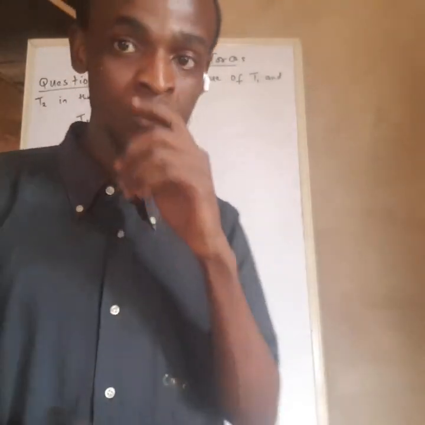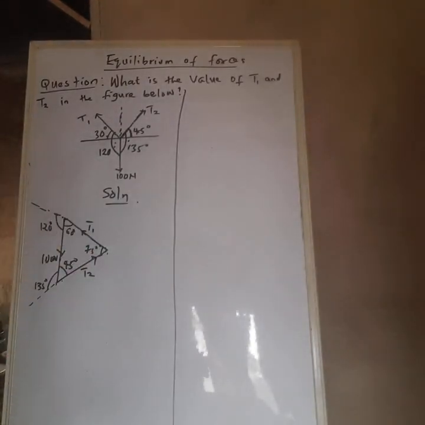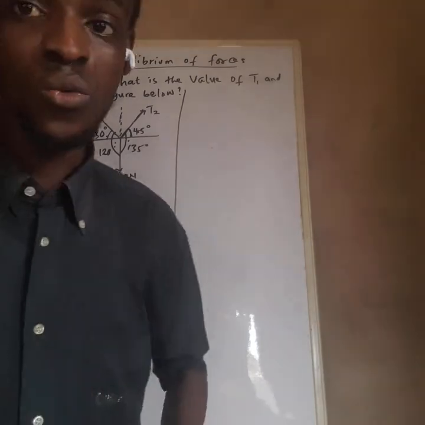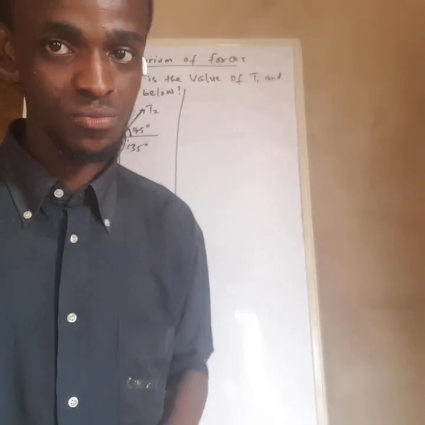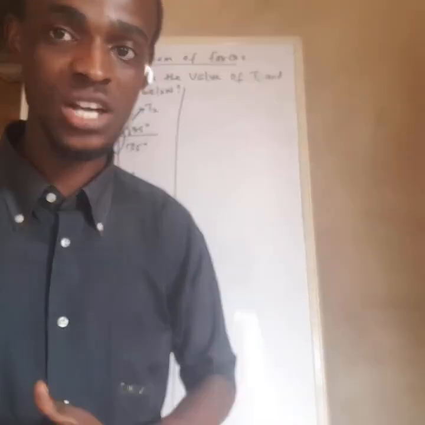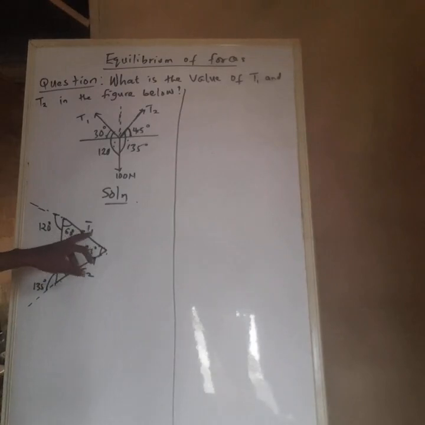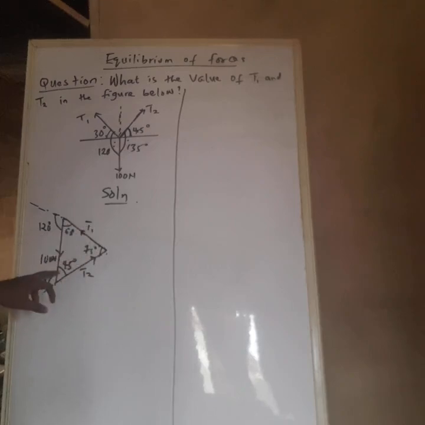Now the next thing we're going to do is to find the values of T1 and T2. You will notice that this is a scalene triangle, because the angles are different. So in order to find T1 and T2, we shall be using the sine rule. There's a rule in trigonometry called the sine and cosine rule. We'll be using the sine rule. To find T1, I'm going to connect T1 with the angle opposite it, 45 degrees, and link it with 75 degrees and 100 Newton. So using the sine rule, I have that